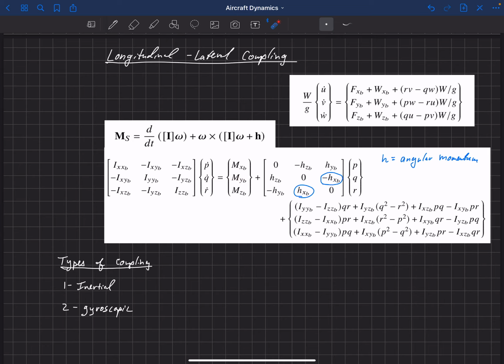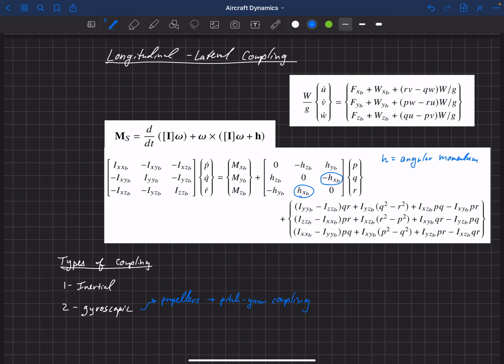So this is our center equation. This is the moment about the y-axis, the second equation down here. And so this angular momentum about the x-axis multiplied by our yaw rate will create a pitching moment. Likewise, an angular momentum about the x-axis multiplied by our pitch rate will create some yaw. Okay, so this shows that pitch and yaw are coupled for propellers. So let's just put that down here. So gyroscopic for traditional propellers, we're going to have some pitch-yaw coupling.